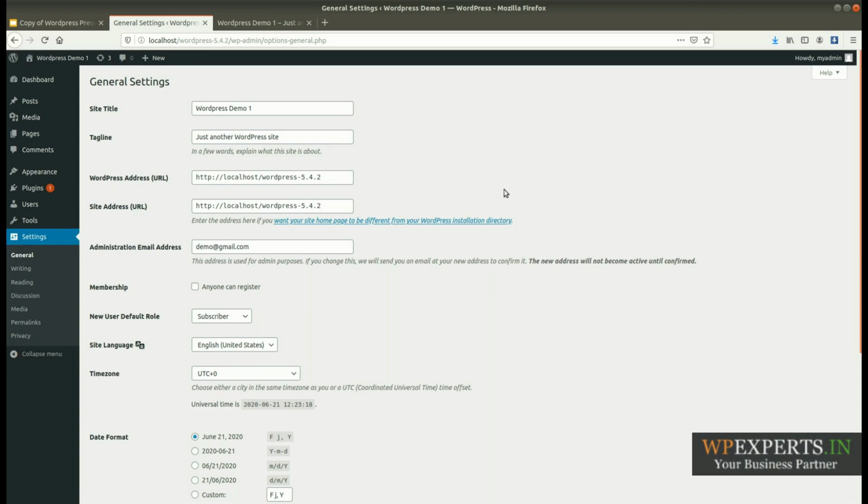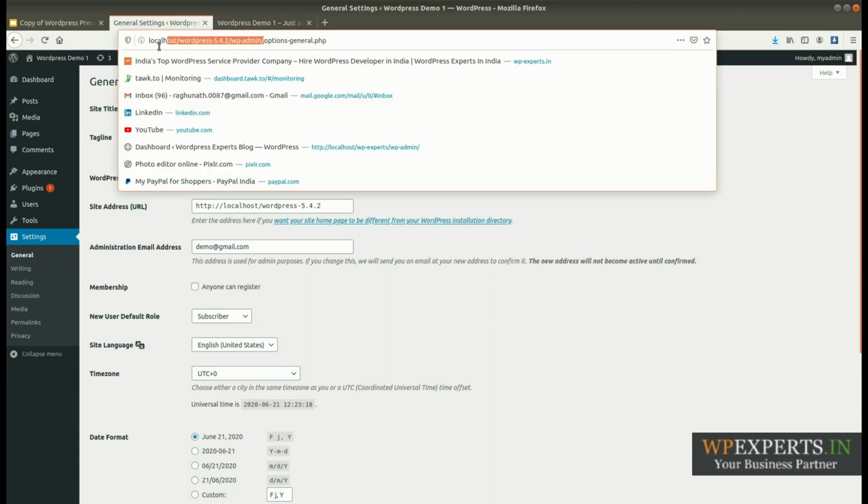Let's come to the next point, which is anyone can register. If you want to allow users to register from your WordPress admin login screen, you can allow it here. Let me show you how you can do it.